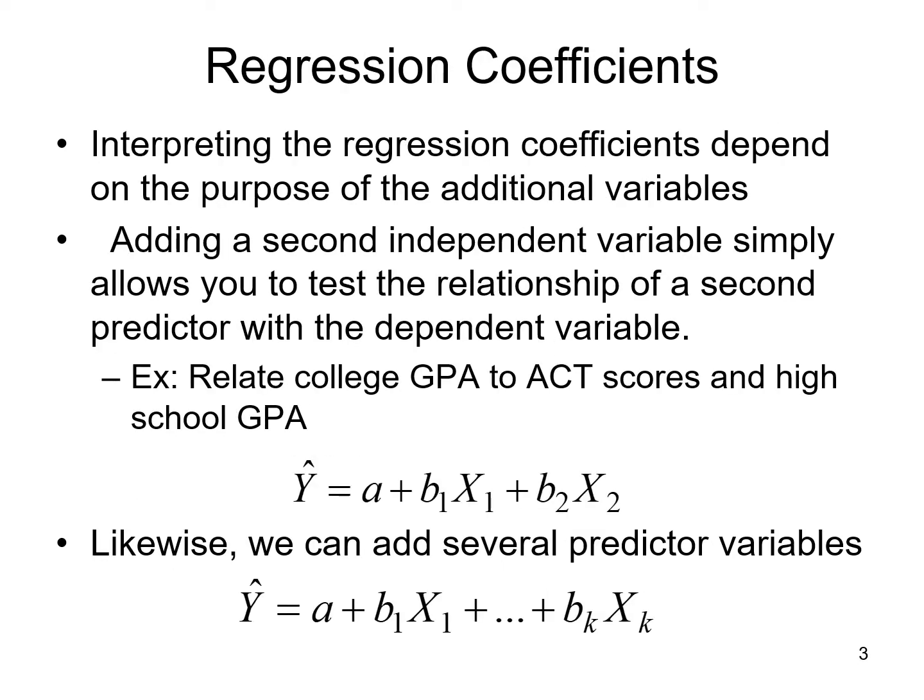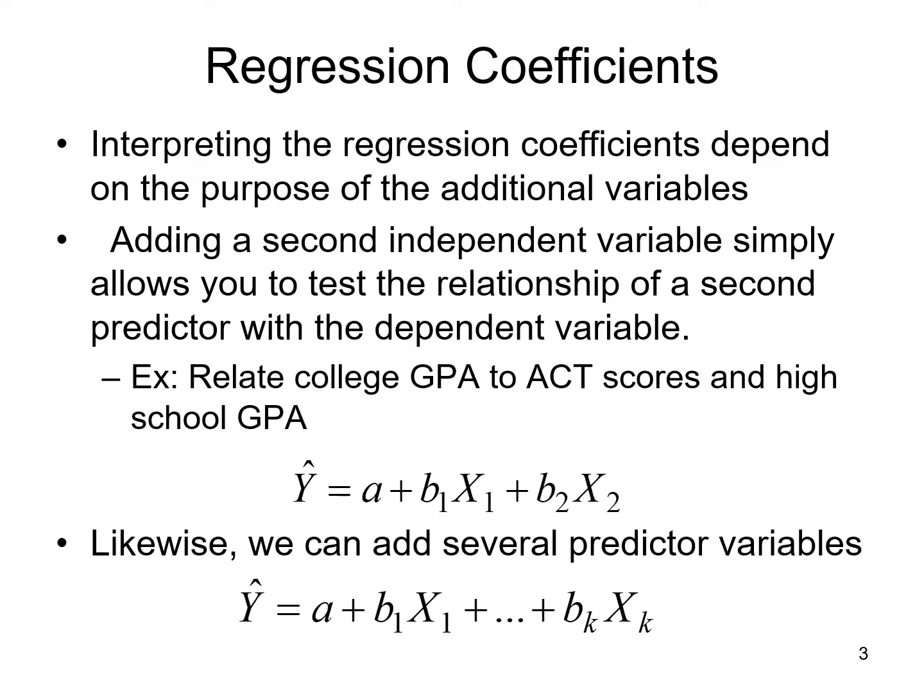So the regression coefficient is basically, again, for each individual predictor, we're going to get an R and a p-value: is it a significant predictor of our outcome, our DV? In addition, once we know what's significant, we can create a prediction equation with multiple regression. So we can add second, third, fourth independent variables, allowing us to test the relationship of additional predictors on the